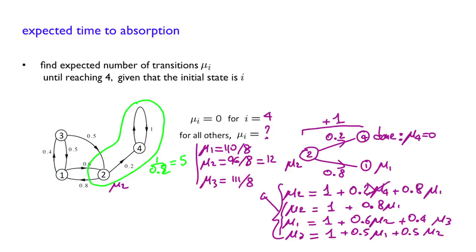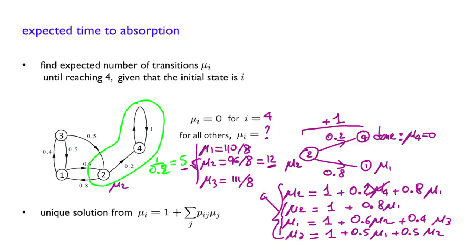So here again a quick sanity check. The number that we get here, 12, is indeed bigger than the 5 that we obtained when we restricted ourselves to this set. So we do have mu2 greater than 5. Now, as for the relative values between mu1, mu2, and mu3, it sort of makes sense. Mu2, the state 2, is the one closest to 4. It is the one actually linked to 4. So in some sense, the expected number of transitions to reach 4 will always be the smallest one, because starting from the other states, you will have to go to 2 before going to 4.